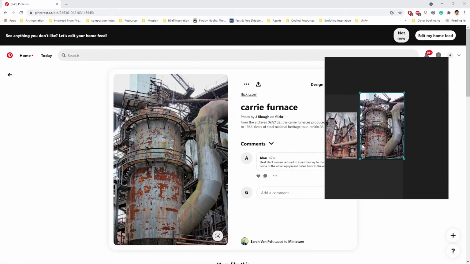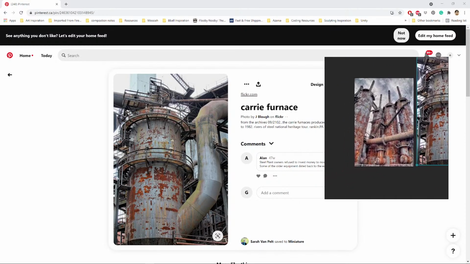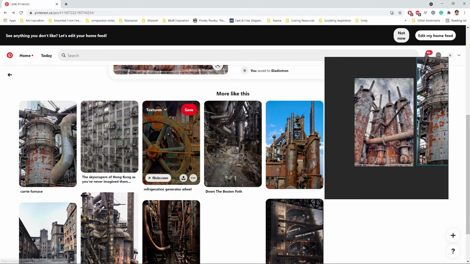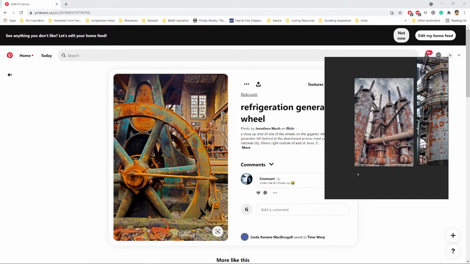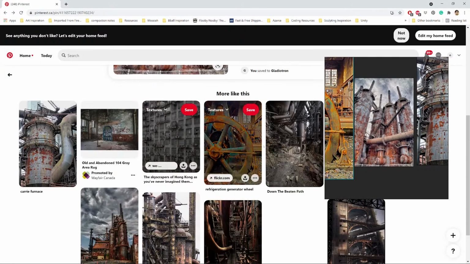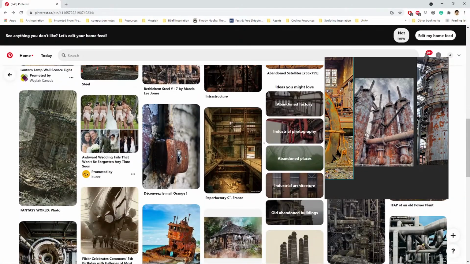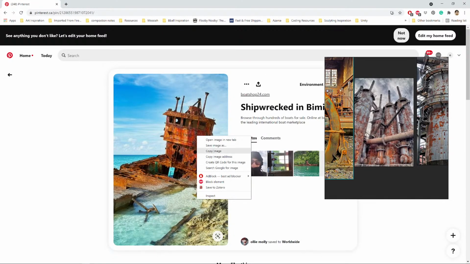Okay, so I like these big, simple forms, the cylindrical forms, the tubes, the pipes, kind of wheels, things like that, the rustiness. These are all things that will help inform my idea. Definitely I want to look at some of these forms, and I want to get the sense of the scale. I want to definitely make it look really big, so I want to reference things that are quite big,